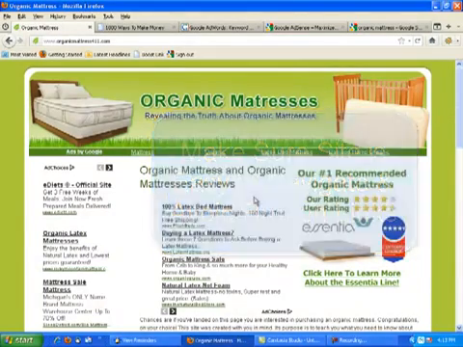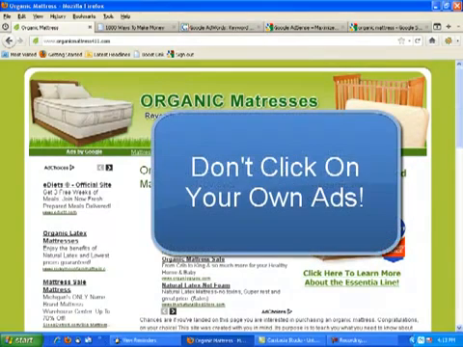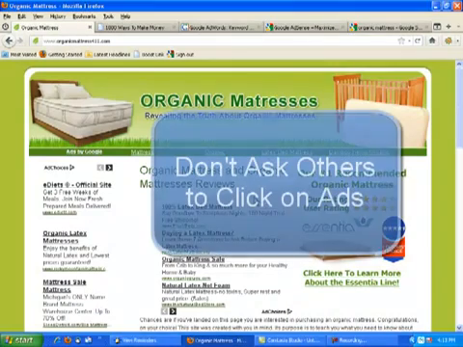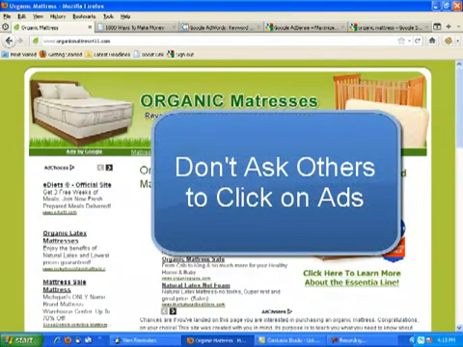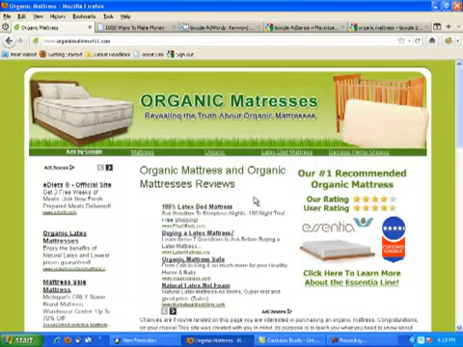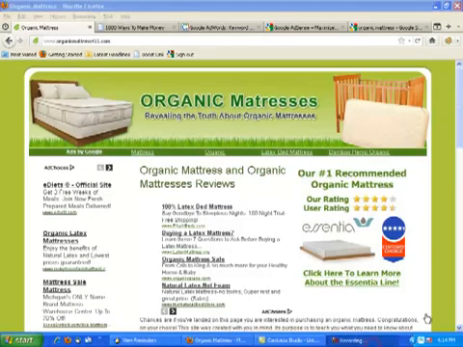Okay. Now, some of the don'ts: don't click on your own ads. Okay, this is the most important thing I could tell you. Don't click on your own ads. Don't ask anyone you know, family, friends, relatives, neighbors, to click on your ads. And don't try to shortcut this whole process. If you try to click on your own ads or have other people click them, that's basically cheating. Don't do that. As I said, focus on great content first,